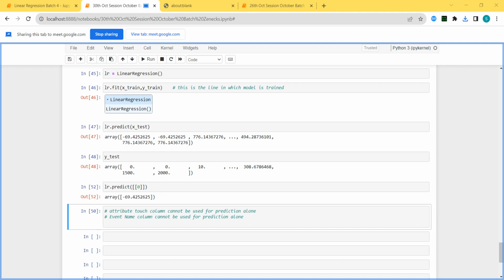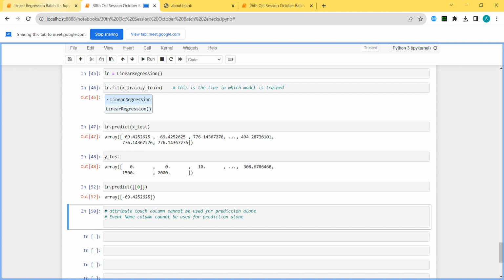If now we doubt ourselves and we judge that our revenue is not only dependent on a single column, it might be a combination of columns, then what to do, sir? Then we are going to see something called multi-value linear regression.